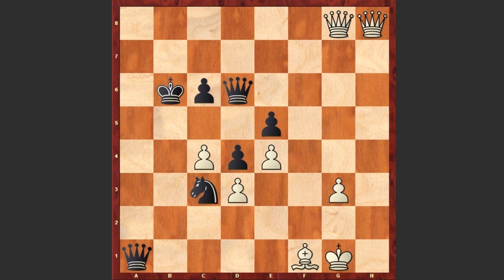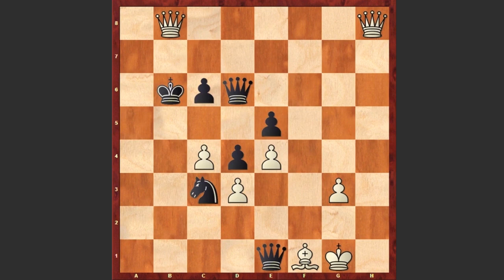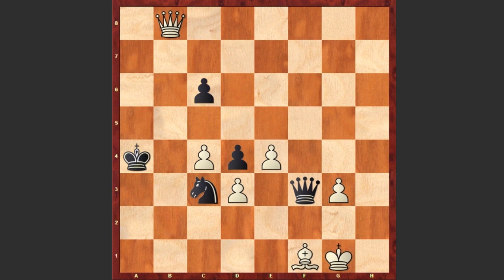This is a very unique game where on such a high level you can see 4 queens on the board. Queen a7, well, this looks very passive. Actually, queen e1 is better, prevent any g4 moves, because in this case white king can even get checkmated. That's why after queen e1 white should play, for example, queen b8 check, and then after the exchange of queens,